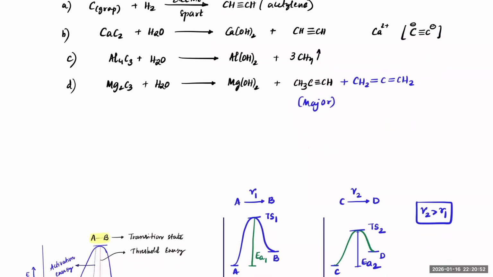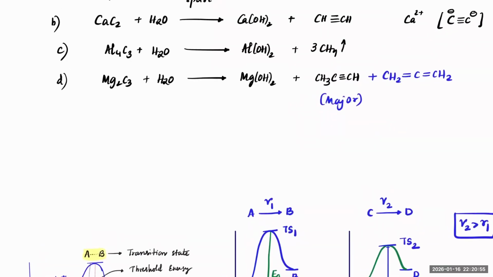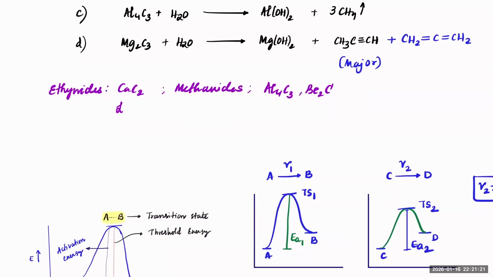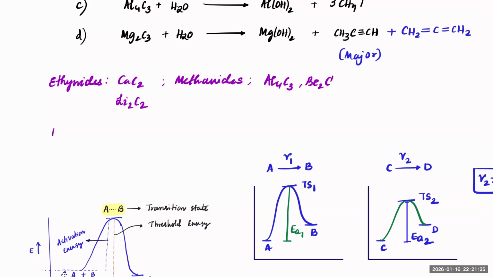Okay. So if you are getting ethyne, then you will call CaC2 as ethanides. And in case you get methane, we call it methanides, Al4C3 or Be2C. Both of them will give you methanides. Correct? This one, Li2C2, even this will be ethanides. Then we have